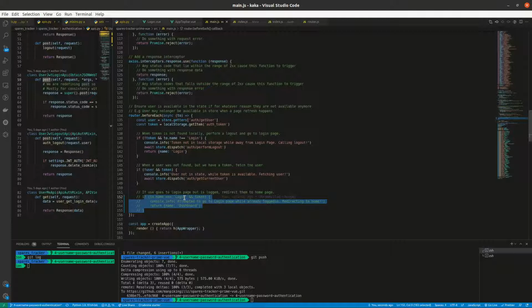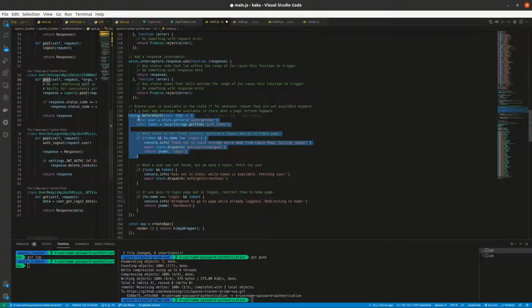So what we need to do is, still within this, and these could be different router guards, I could just put them in different beforeEach, but I just decided to put them in one. I will refactor later once all this is good. So if the user goes to the login but is logged in, redirect to home. This should be the user. So what we want to check is that